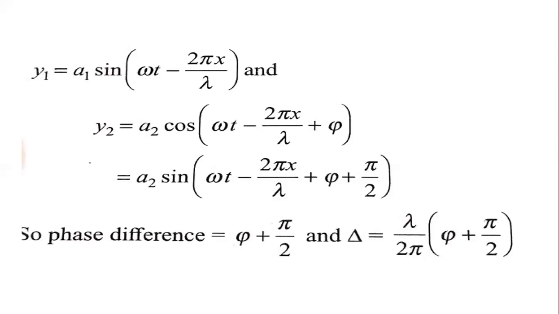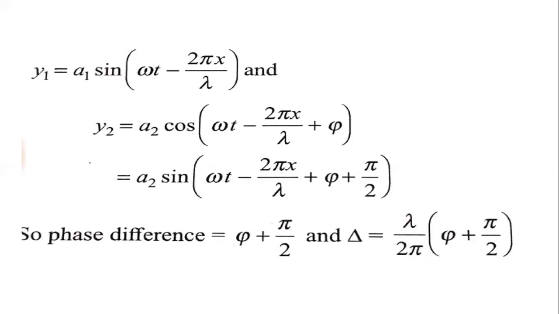Okay. Now, when you know the phase difference, the path difference is given by the formula. Here I have represented the path difference by the symbol delta. So delta equals lambda by 2 pi into the phase difference. Already you have calculated phase difference as 5 plus pi by 2. So therefore, your answer will be lambda by 2 pi into (5 plus pi by 2). This is the path difference.